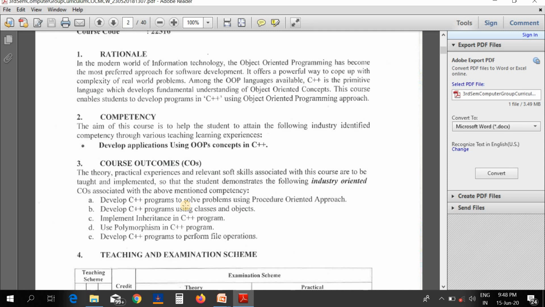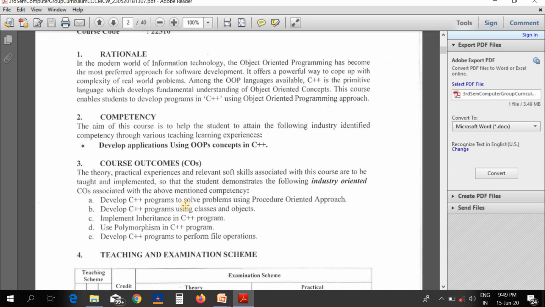Once you define any class, you can create any number of objects of that particular class. For example, when you create a class fruit, then you can create multiple objects like mango and banana of that particular class fruit.